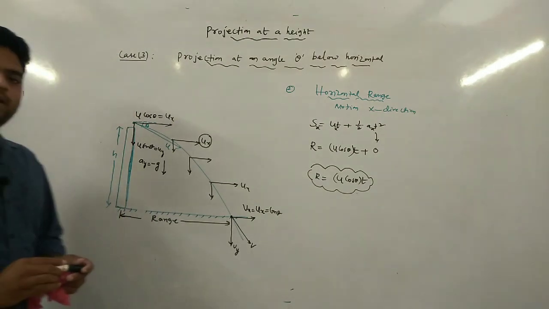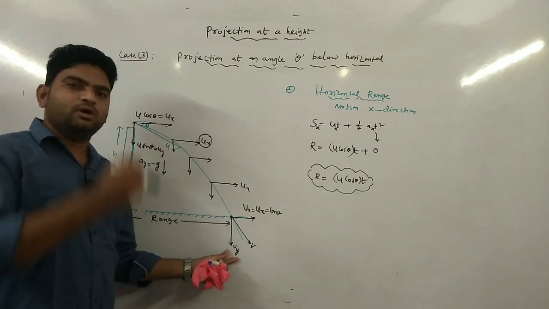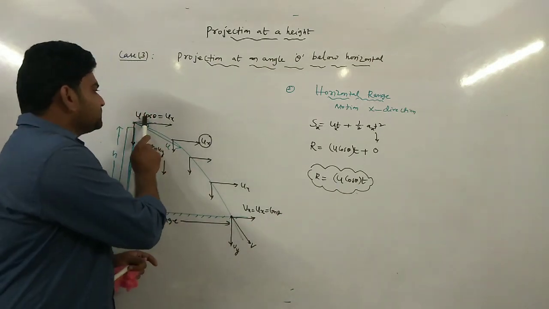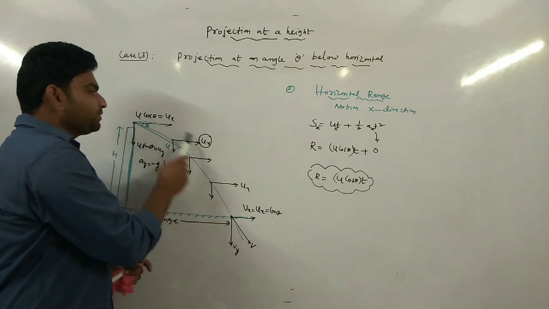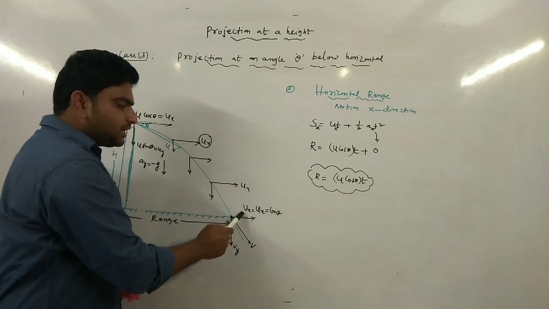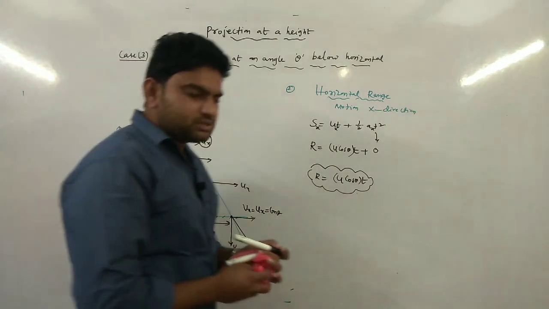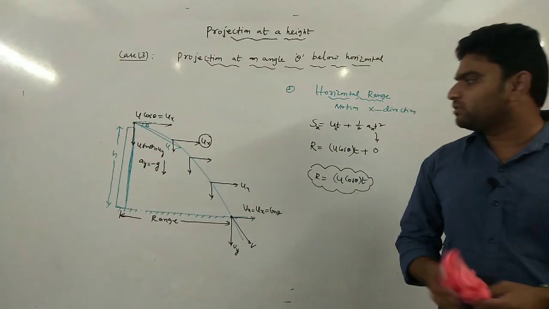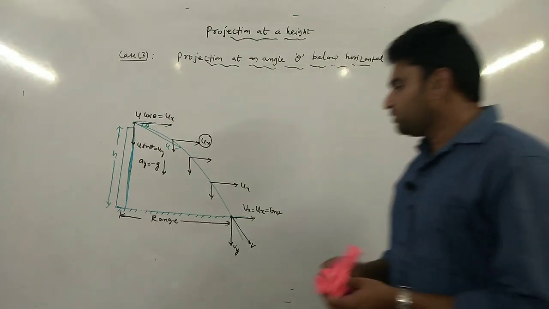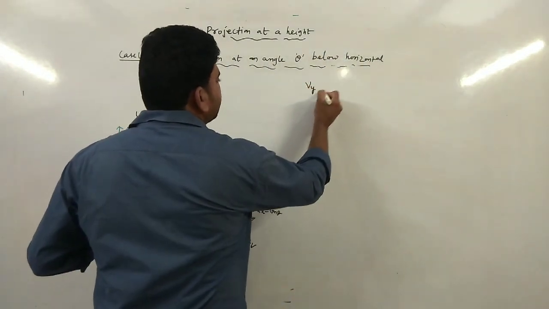And further I want to calculate the velocity in the vertical direction. So my third aim is to calculate the velocity in the vertical direction. Since horizontal velocity is constant throughout, the initial horizontal component is u cos theta, and the final velocity along the horizontal direction is also u cos theta, because in the horizontal component the velocity will not change, so it maintains a constant velocity. And my third aim is the velocity in the vertical direction, that is Vy, I want to calculate.